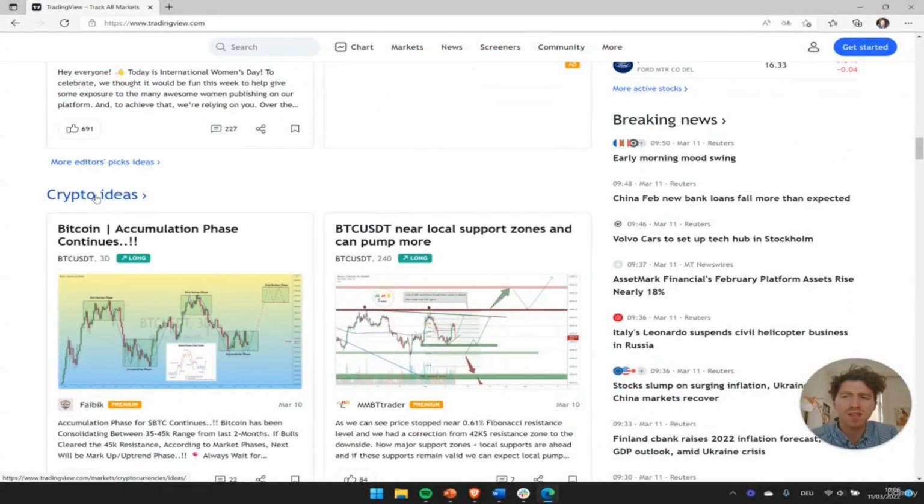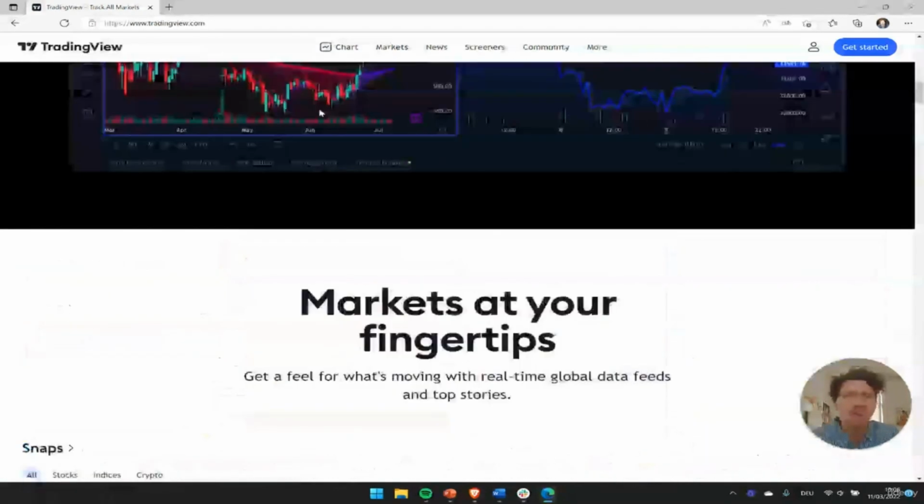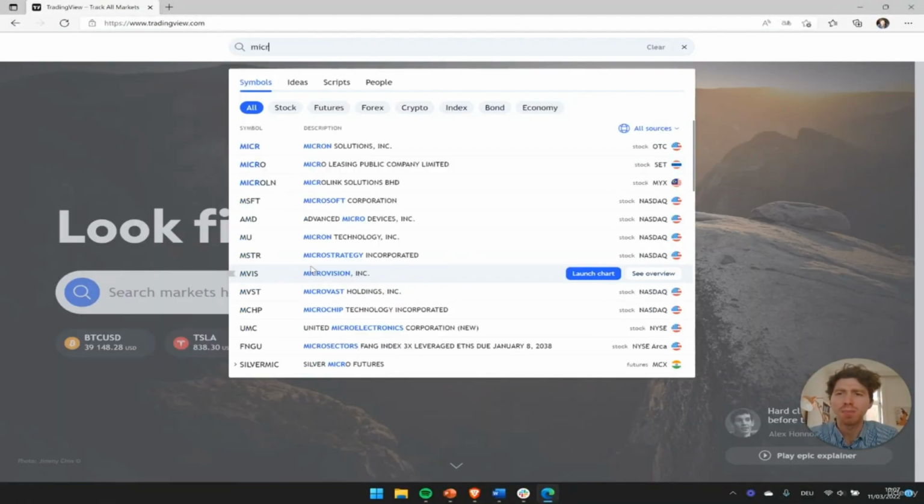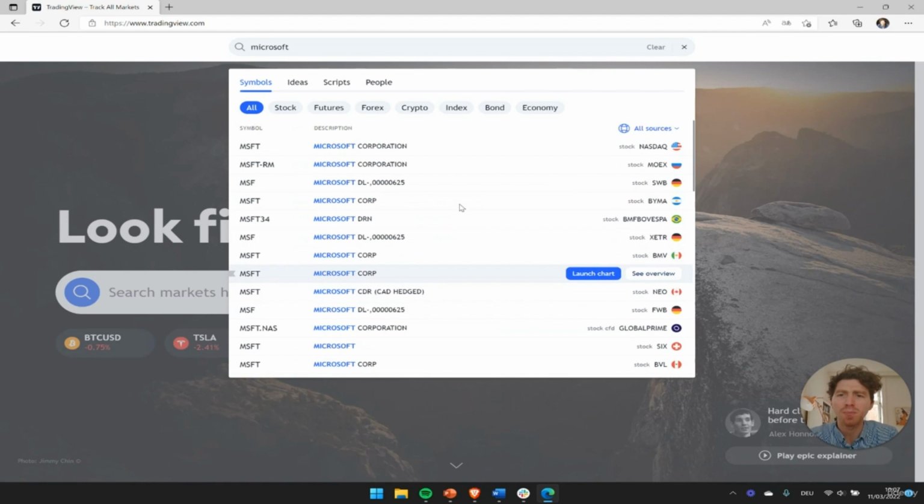You have ideas for crypto, commodities, stocks, and so on. And you also have breaking news if some news comes out which influences the markets. Let's have a look and check out, for example, Microsoft. So you can type it in here, Microsoft,